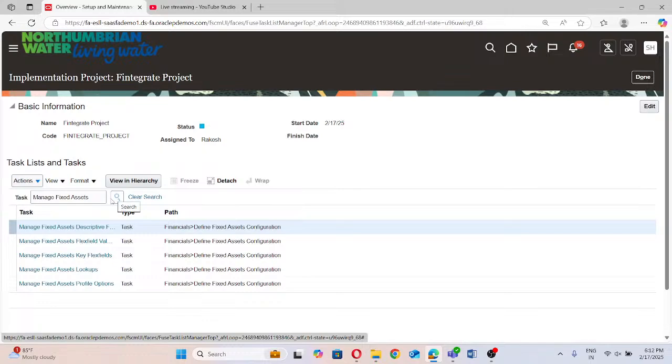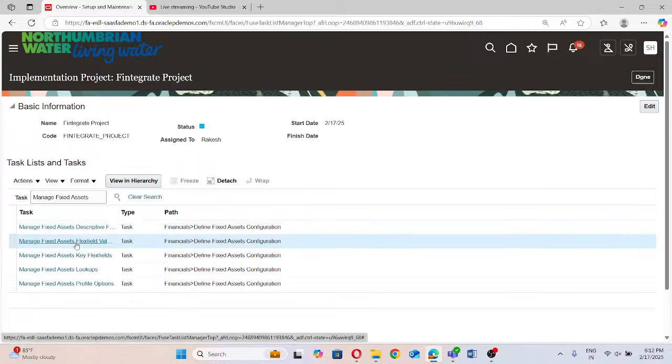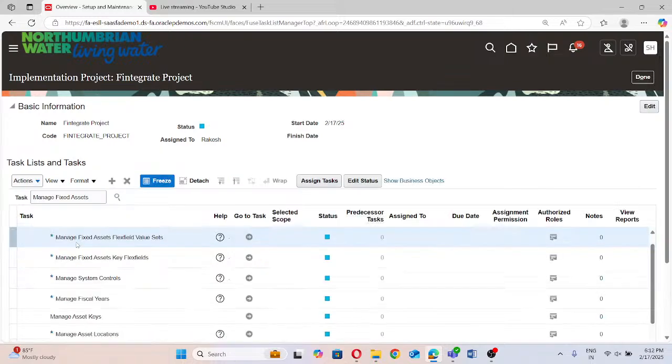Now it is coming easily. Manage fixed assets, flex field value sets. Now click on it. Go to your task, manage fixed assets, flex field value sets. Go to the task icon,